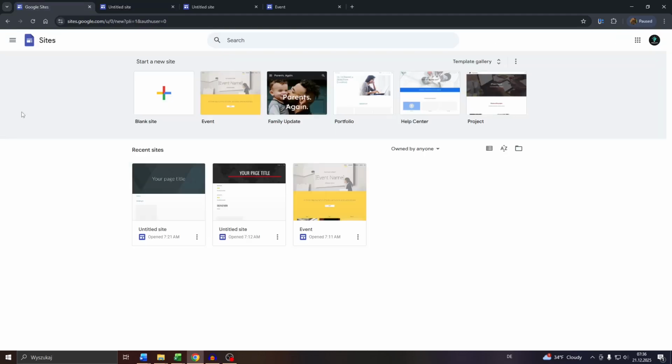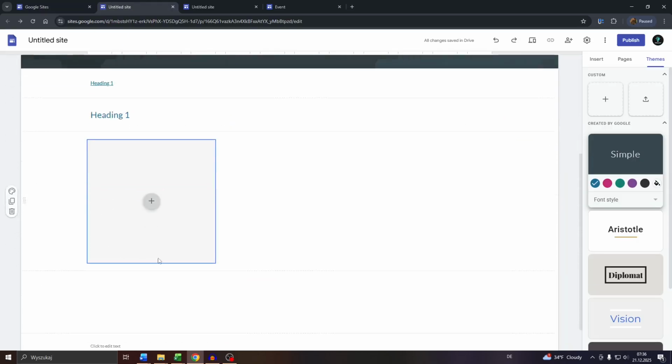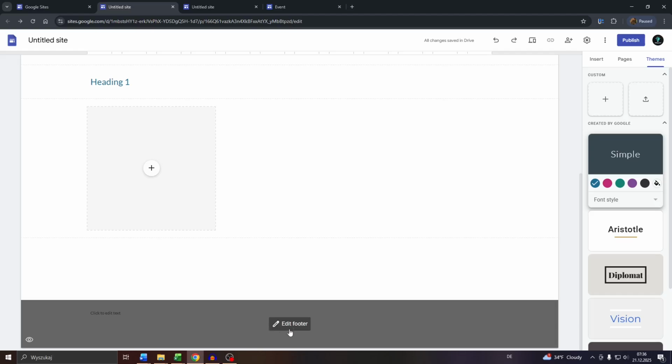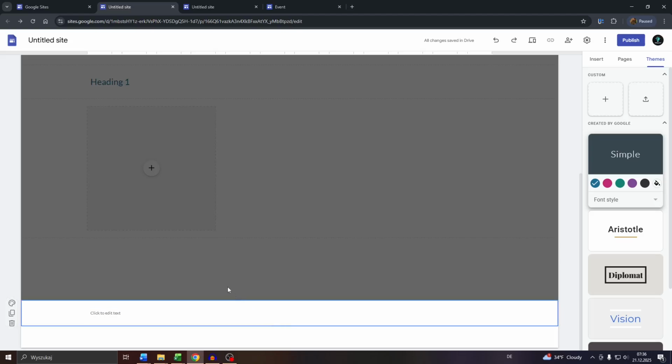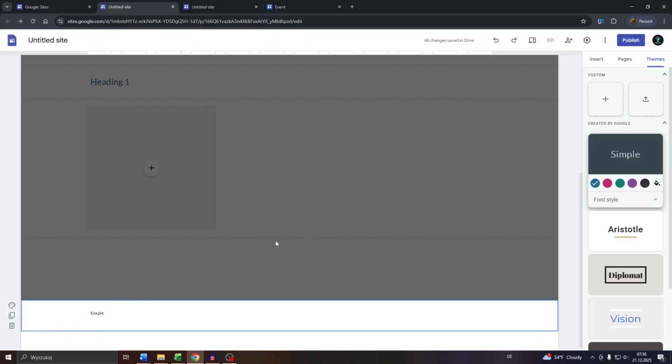So navigate or head over to your site project on Google Sites, and let me just add, let's say, a change or edit to that footer here at the bottom of that homepage. Click into it, and now, for example, let me add an example text. Press enter, and what you want to do, guys, is simply click into one of these buttons here at the